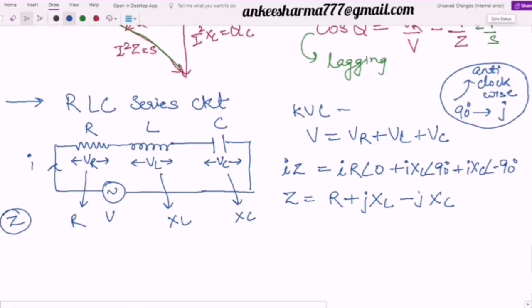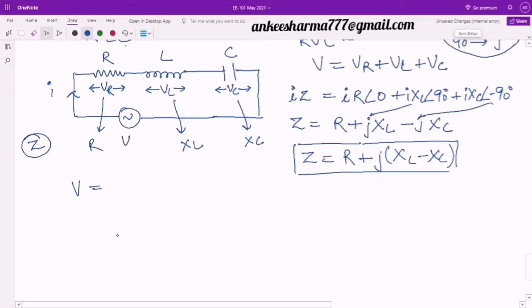So this is my total impedance. I can write here that total impedance of RLC series circuit will be equal to R plus, now these j terms will be combined, j of (XL minus XC). Screen is not visible. Total voltage, can I say it must be equal to V is equal to the square root of the sum of all these voltages, that is VR squared plus (VL squared minus VC squared)? Why I am using minus here, I will tell you that. It is what I have written. Right. Now look here.